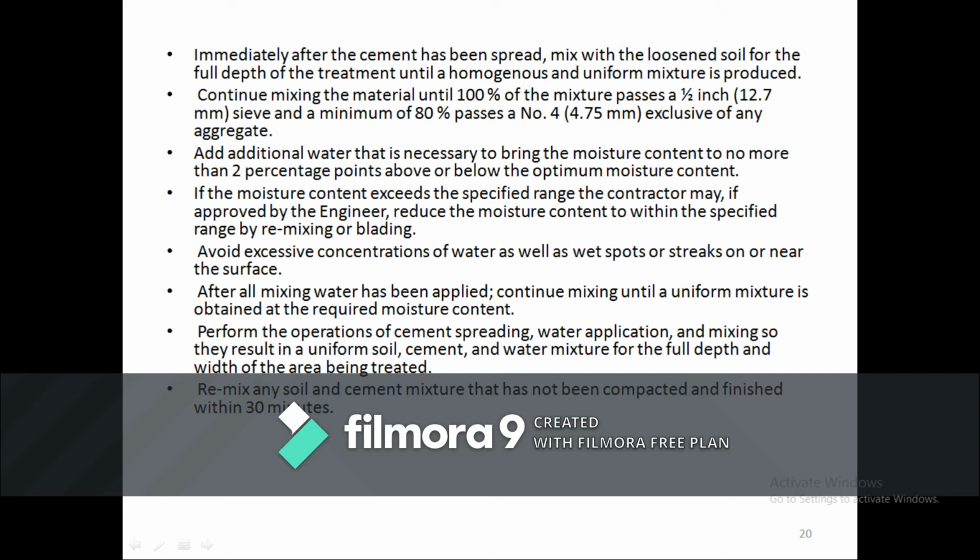Everything, addition of cement, addition of water, mixing, and making it a uniform soil mass, should be completed within 30 minutes. Otherwise the cement will react with free water molecules and harden. That is the procedure that is applied or approved.